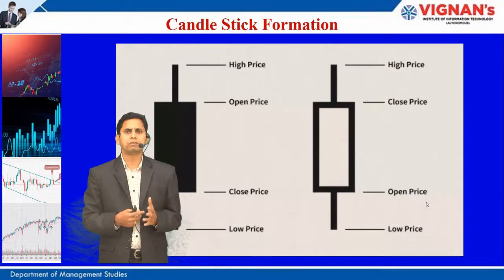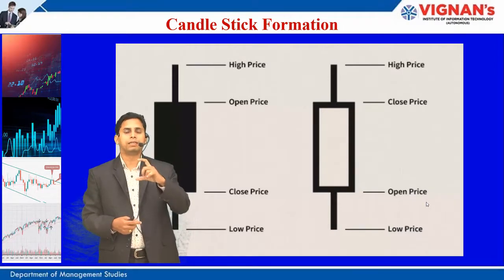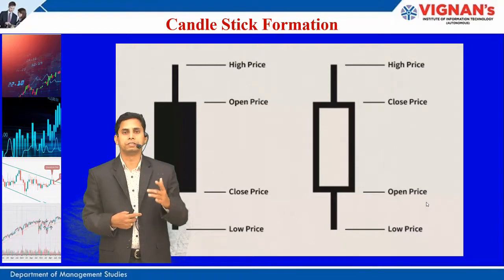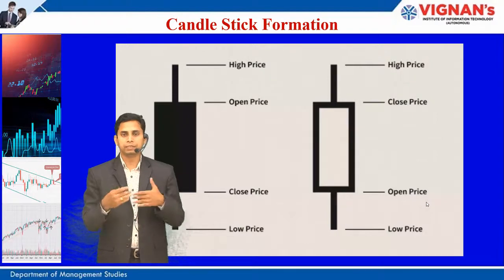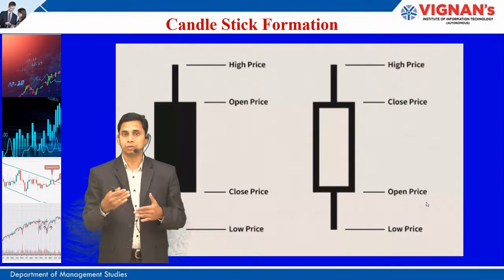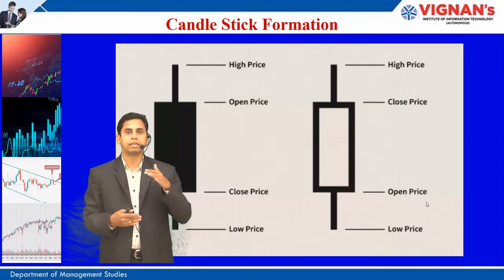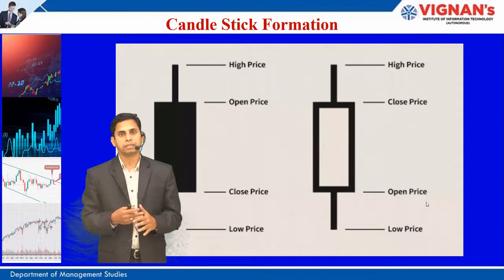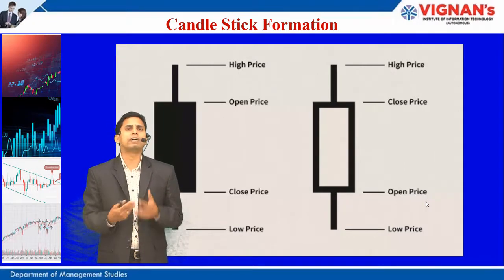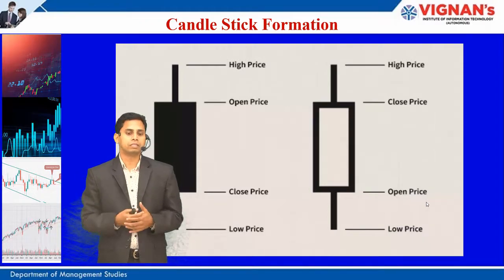So open is the open price of the particular share, and high price means, within that particular time period, the high that the price has reached. Then, within the time frame itself, the low is the lowest range that the stock has hit. And finally, at the end of that particular candle period, where the stock has closed is the close.